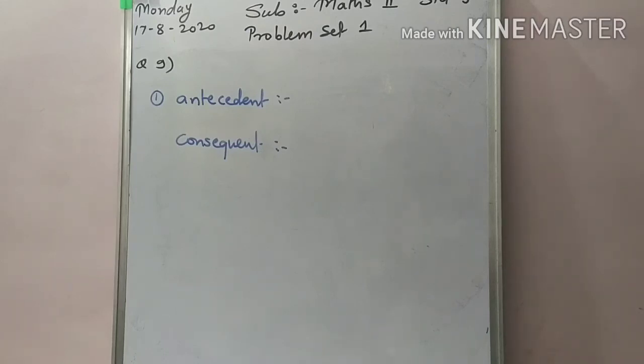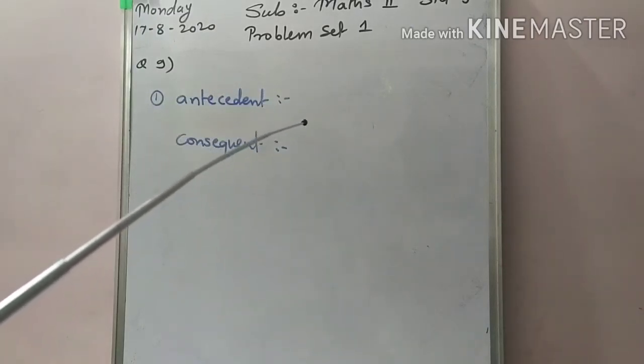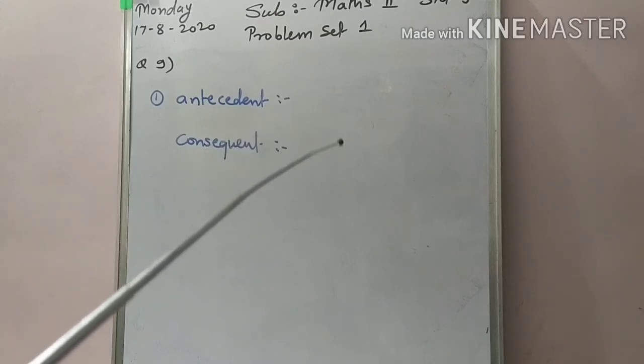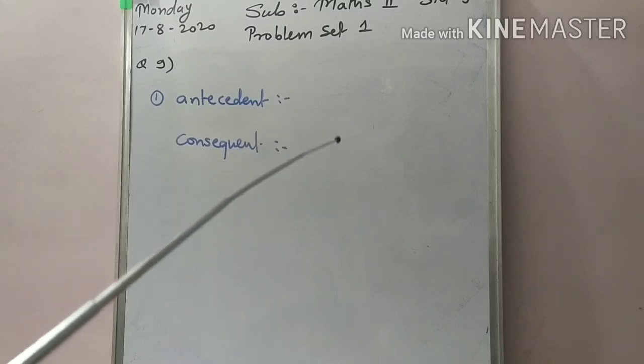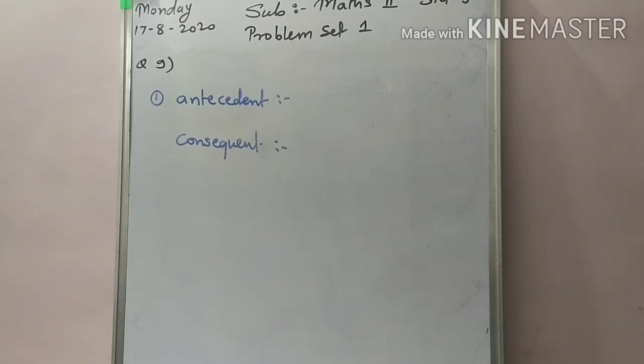The diagonals of a parallelogram bisect each other. The antecedent part is that the given quadrilateral is a parallelogram, and the consequent is that its diagonals bisect each other. Okay, so like this, for 1 or 2 marks you have to solve this kind of example: write the given statement in conditional form, or write its converse, or write its